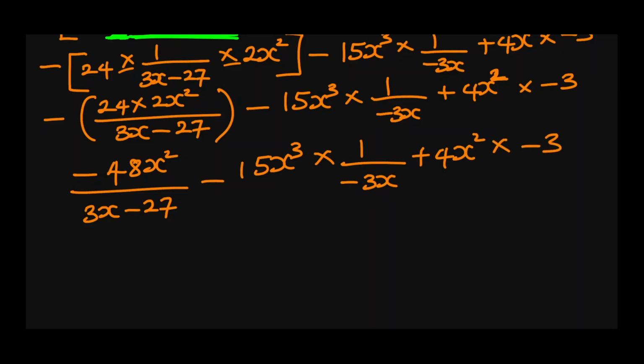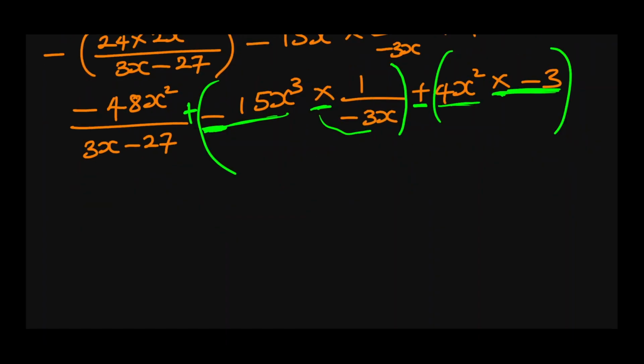Now, at this point, we still have operators that are from different families. We have minus here, times here, plus here, times here. Based on the order of operation, times should come next. So we identify all the operators with the times, which is this. We put our brackets here because times 1 over minus 3x is multiplying minus 15x raised to power 3. So we put our brackets here and remember to put plus here as well. In the same way, this minus 3 owns the times and is multiplying 4x squared. Because it's plus that is beside 4x squared, I can put my brackets here.